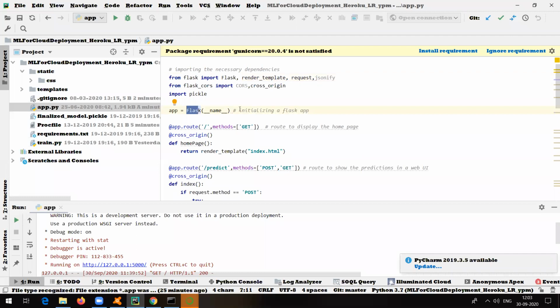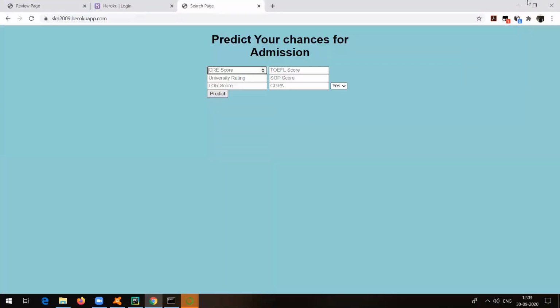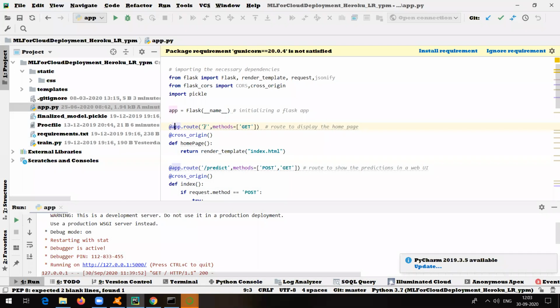So what is this? We are trying to initialize a Flask application. Okay. So what are we doing? We are creating an app object here. With the help of that, we are creating two routes. So @app, after that line, it is going to go to this one. And because of this, it is going to get. What is the get method? The get method is to get the input from the users, which is going to display as the home page. And on the home page, what did it show? It showed us this particular thing. So this page you are able to get because of this particular route. The get method is used to get the values from the user.